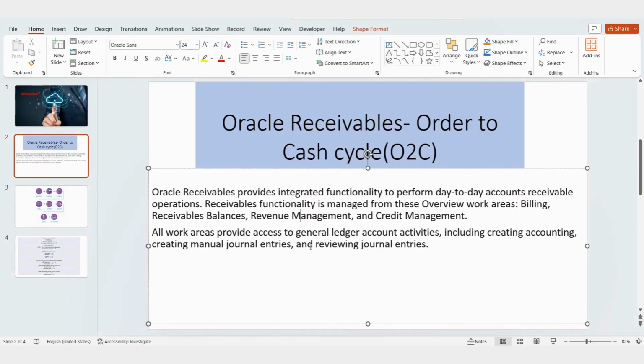So these are the 4 key buckets in accounts receivables, as I mentioned: billing, receivables balances, revenue management, and credit management. These 4 buckets have different kinds of strategies for working on those areas. All these work areas provide access to general ledger account activities, including accounting, creating manual journal entries, etc. So this is an overview of the order to cash. We can discuss many things, but this is very high-level information about the order to cash. Okay, so let's get into the